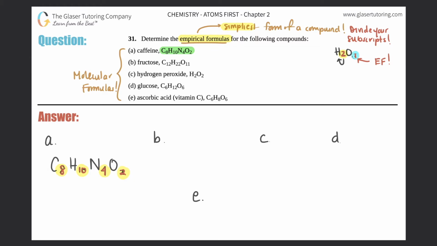They all have 2. So technically, you could divide each one of these by 2. That would be the highest number that you could divide by, because 2 divided by 2 will get you 1. And that would be the purest form of an empirical formula if you have a 1 as your subscript. So if we do all that, this would turn into